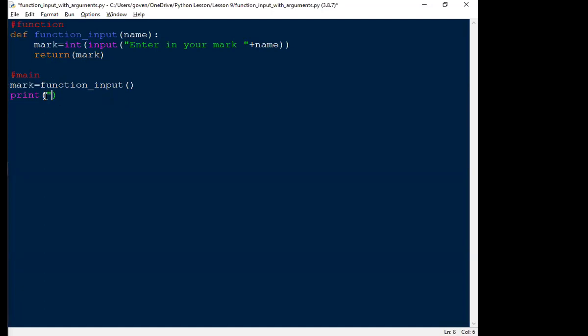Print your mark was mark. Again, you don't have to make these marks the same. So if I wanted to go and say this, what I'm actually saving is the math mark. So I could actually change this to show that I'm just saving the math mark, because remember, when we create